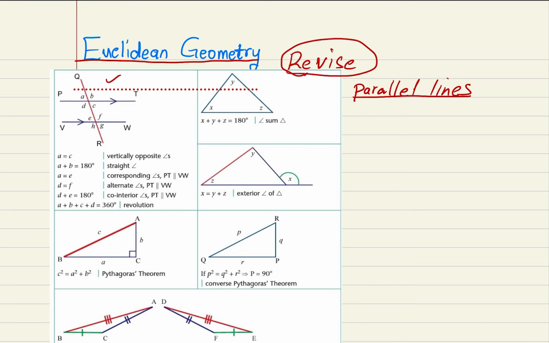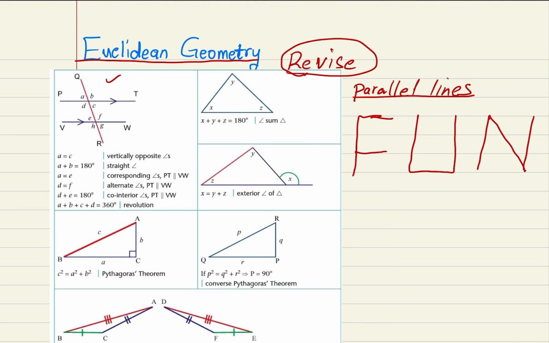When you speak of parallel lines, most of the time we categorize it as a fan. Whenever we speak of a fan, we speak of the parallel lines. If this line is parallel to this one,